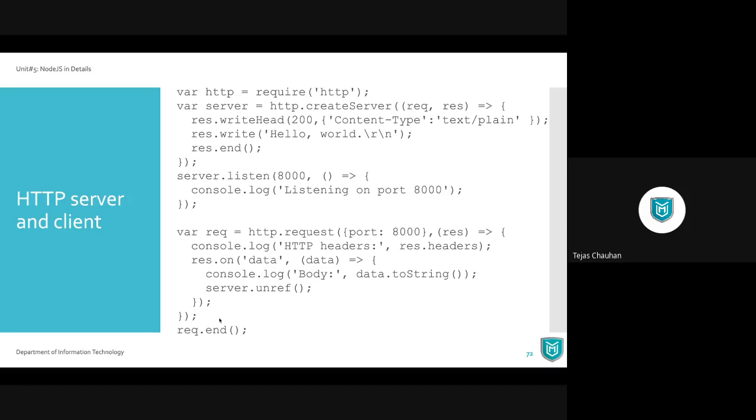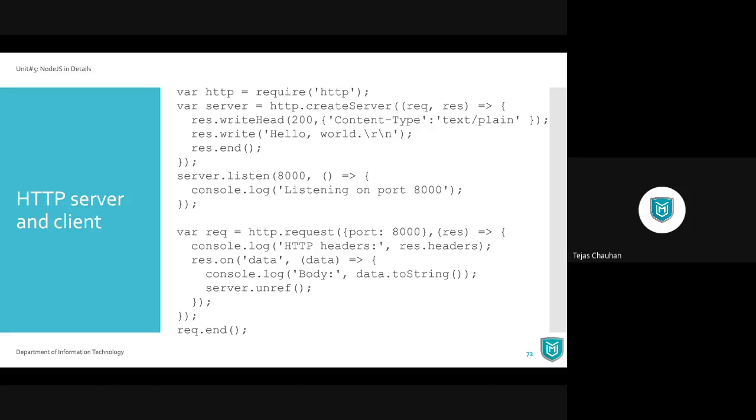You can test your server using code, or you can test it using a browser. What I want from your side is that you implement this server and test it. Then you go to the browser and make a request to your server by going to localhost:8000. When you make that request, you extract the URL part from the request object, so request.url, and you can convert it to a string or whatever you want.